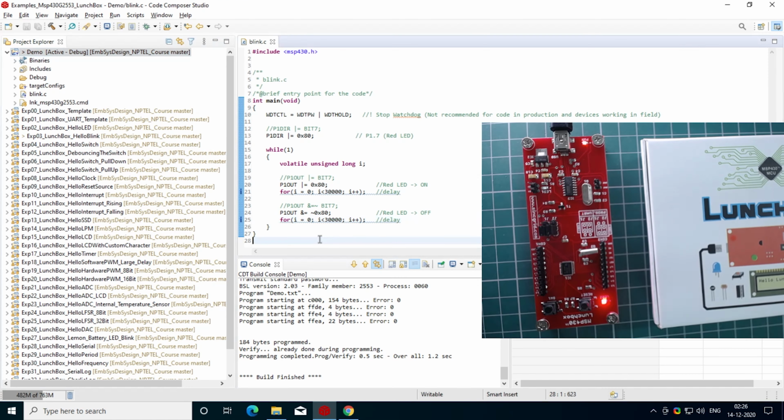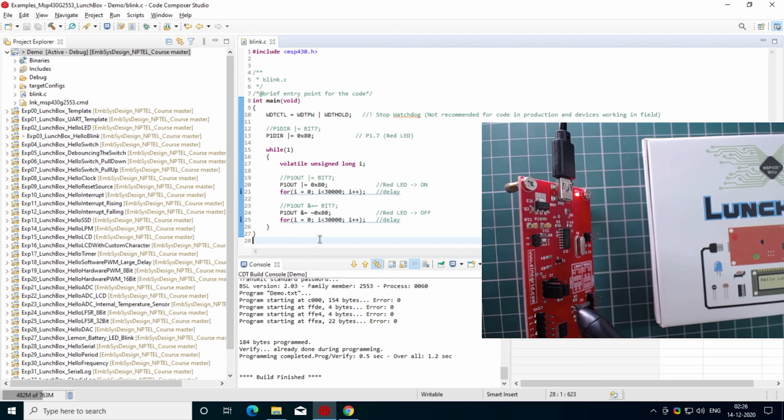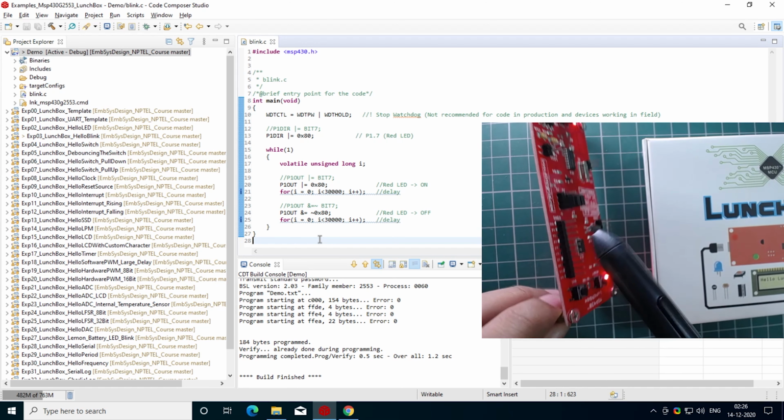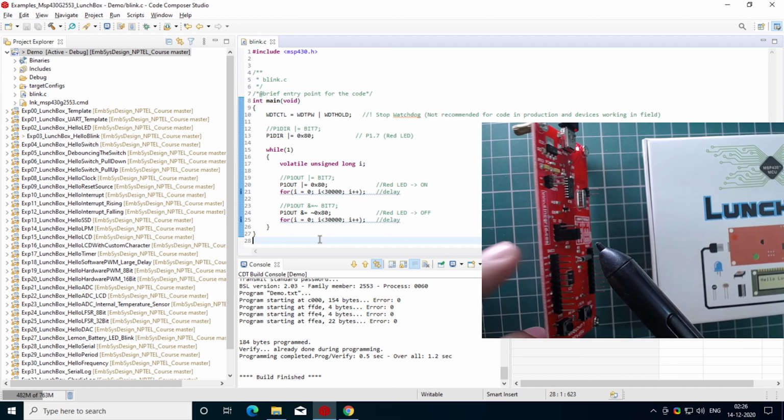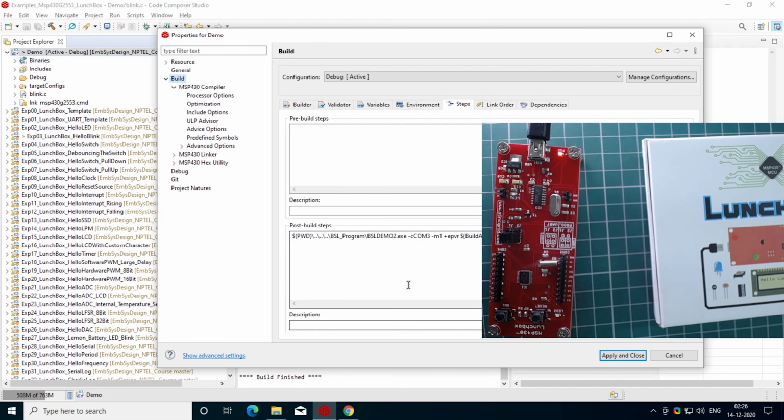Okay, to recap the things to check while we are programming the LaunchBox: number one, check the programming jumpers on the LaunchBox board. These jumpers should be in the programming mode. Number two, the COM port in the post build step should be the same as the COM port mentioned in the device manager.